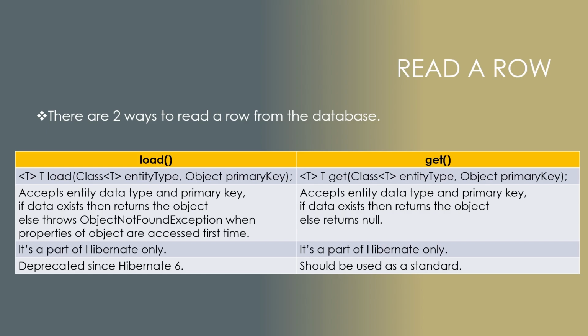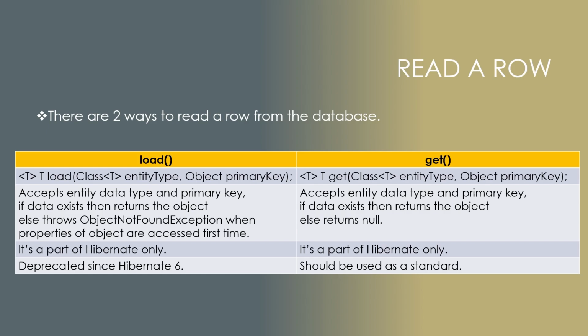Now we know ID 100 is not available here. So the moment you say load and save it to some owner object, it won't tell you anything. It will say okay, everything looks fine. And let's say you are saving it to a variable like owner o1. So the moment you say o1.getFirstName or o1.getPet or something like this,